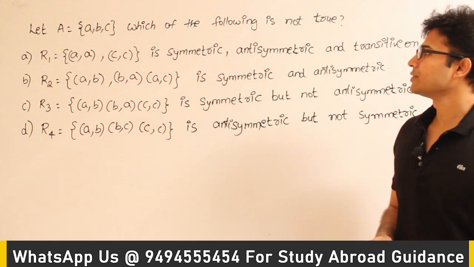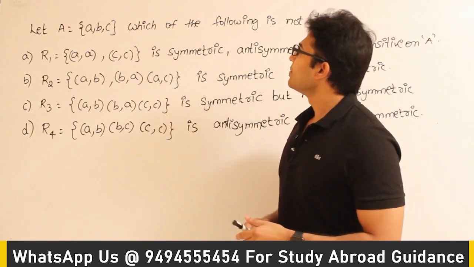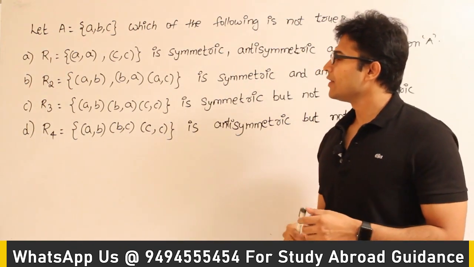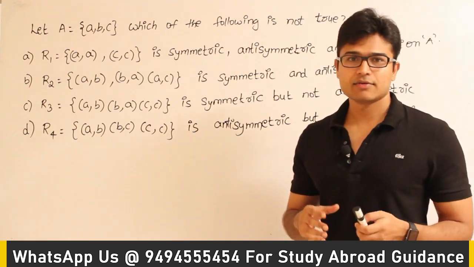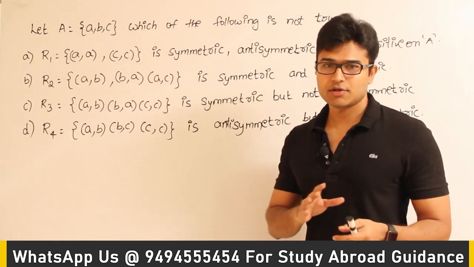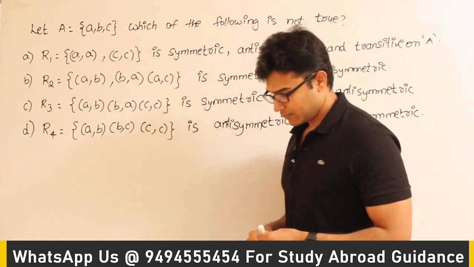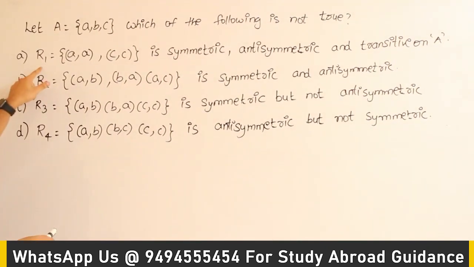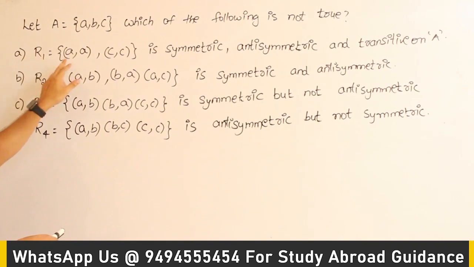Let's solve this GATE question. Let capital A equal {a, b, c}, then which of the following is not true? Which means they have given us a set and they are asking about the following relations. See this one, which of the following is not true is the question. Now R1 is containing